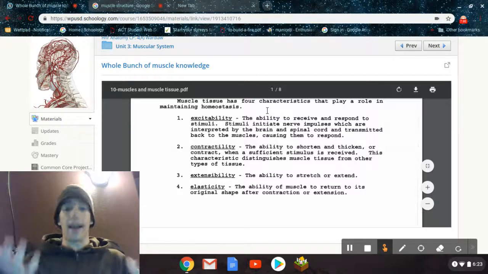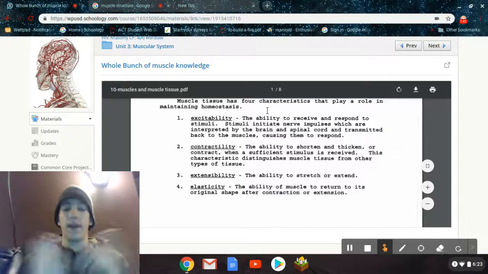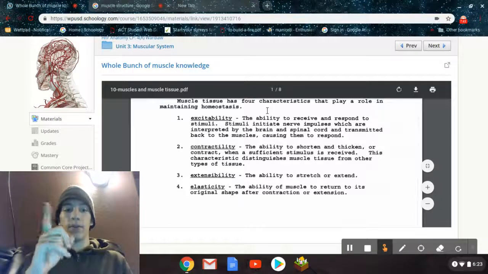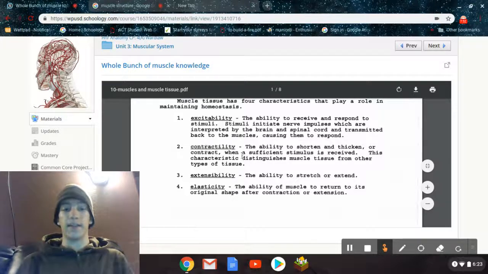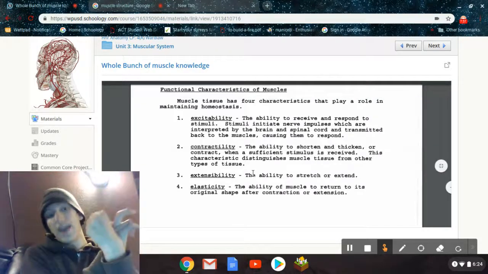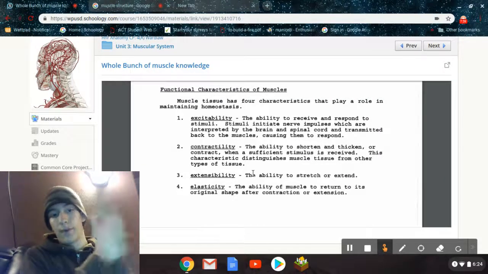All of your cells react in many ways, but your muscle cells change shape when made to react, and that's their next ability. They can also be stretched or extended without being broken,